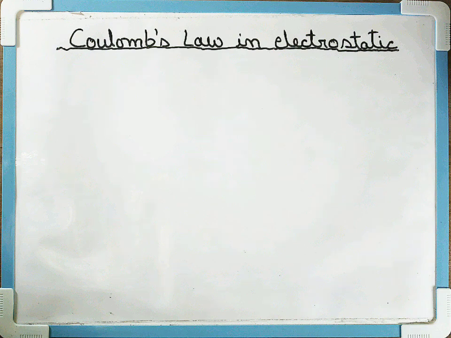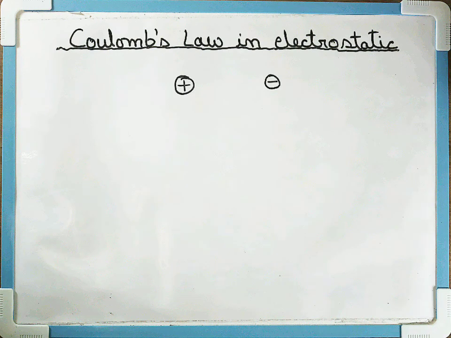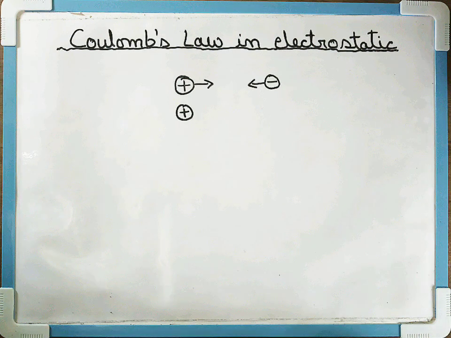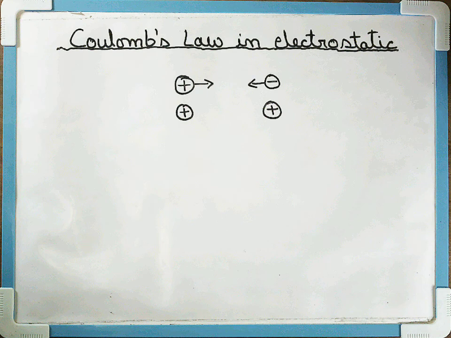Now we have learned about the electric charge and its properties. If we have a positive charge here and a negative charge placed here, then you know that there will be a force of attraction between them, or they will attract one another. And if we have a positive charge here and another positive charge here, then these two charges will repel